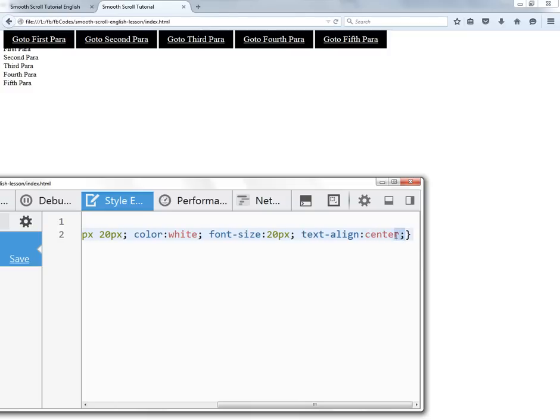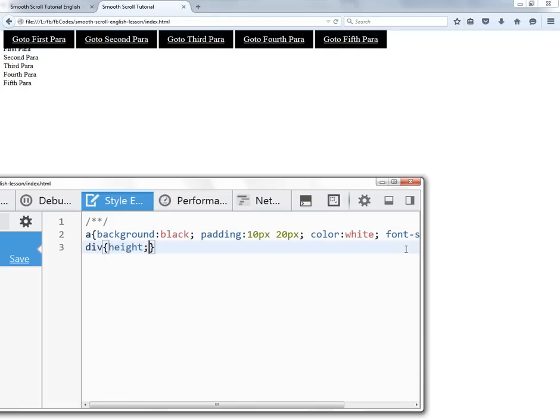Actually, I don't need to align my text. That was my mistake. Alright, so now I'm going to target my div elements and apply some height to them. And the height is going to be 100 VH,